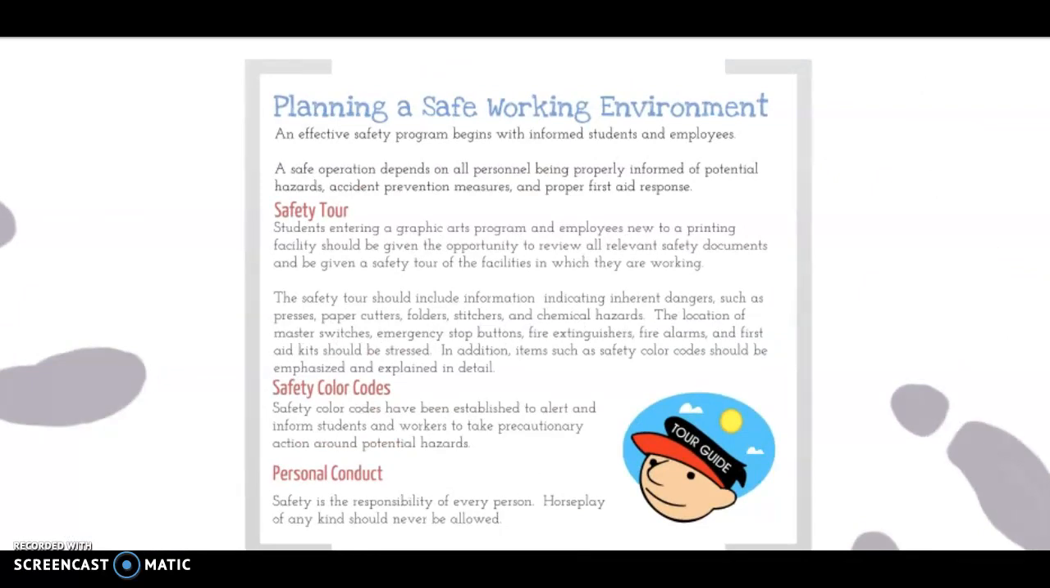Planning a safe work environment. An effective safety program begins with informed students and employees. A safe operation depends on all personnel being properly informed of potential hazards, accident prevention measures, and proper first aid response. A safety tour. Students entering the graphic arts program and employees new to a printing facility should be given